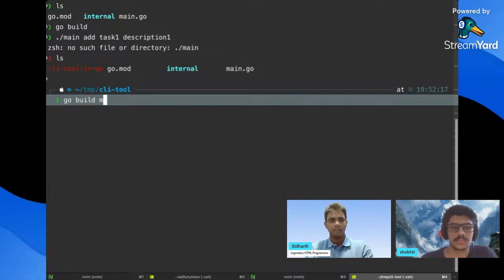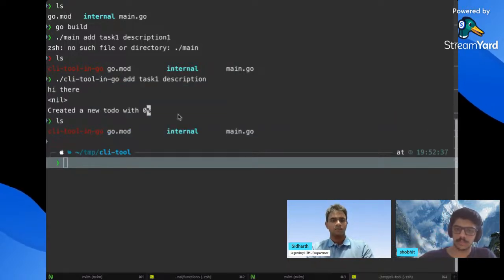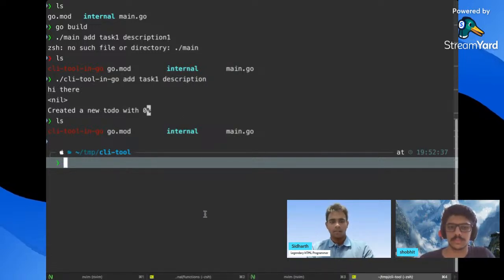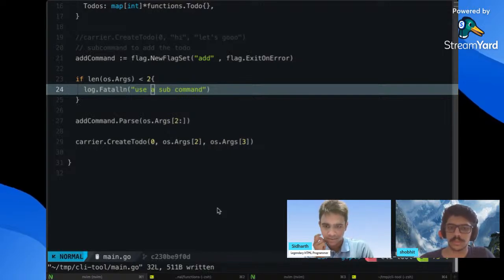ये जो CLI है, हमारा बाइनरी अभी बना है, इंस्टेड ऑफ डॉट स्लैश मेन हमारा ये है, और ये भी कर सकते हैं। description 1। ये नील क्यों आया? नो प्रॉब्लम, क्योंकि हम पहले ही आईडी को लॉग करा रहे हैं ना। अरे हाँ, समझा। अब हमें इसको राइट IO यूज करके डेटाबेस में करना है।